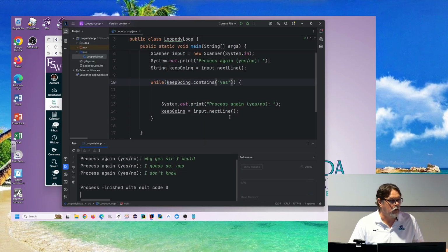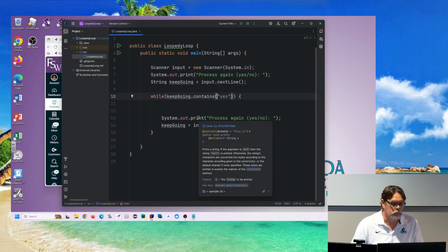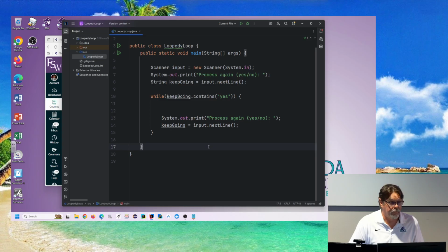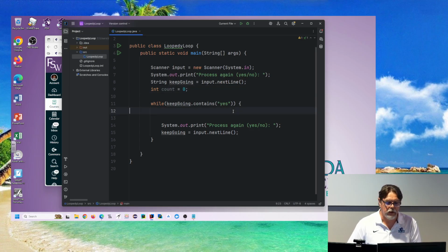So, is this definite or indefinite repetition? This is not a trick question. It's indefinite, right? Because when the loop starts, we don't know how many times it's going to process. There's not a basis by which we can try to identify an off-by-one error. You might do things like, every time they say yes, we want to keep going, we add one to count. And then at the end,